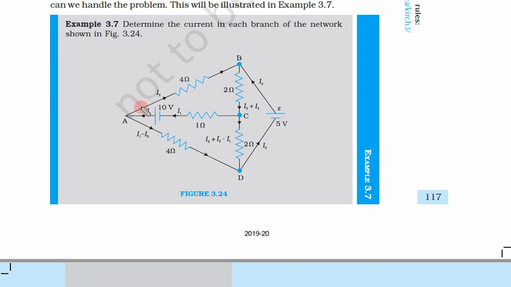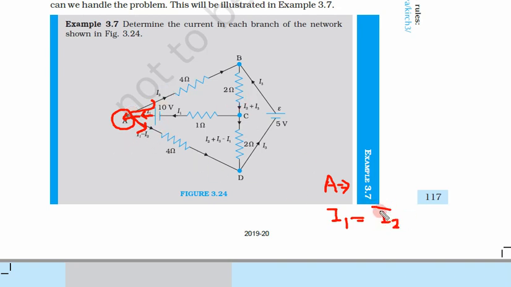So they have started at this point, and we can mark any current with anything, but that should be consistent. So starting from this point, the current going like this is current I1. Current I1 reaches this junction point A. At point A, I1 was entering the junction. Now the currents leaving the junction: what are the currents leaving? This one and this one. Two currents are leaving. So one current is marked as I2.